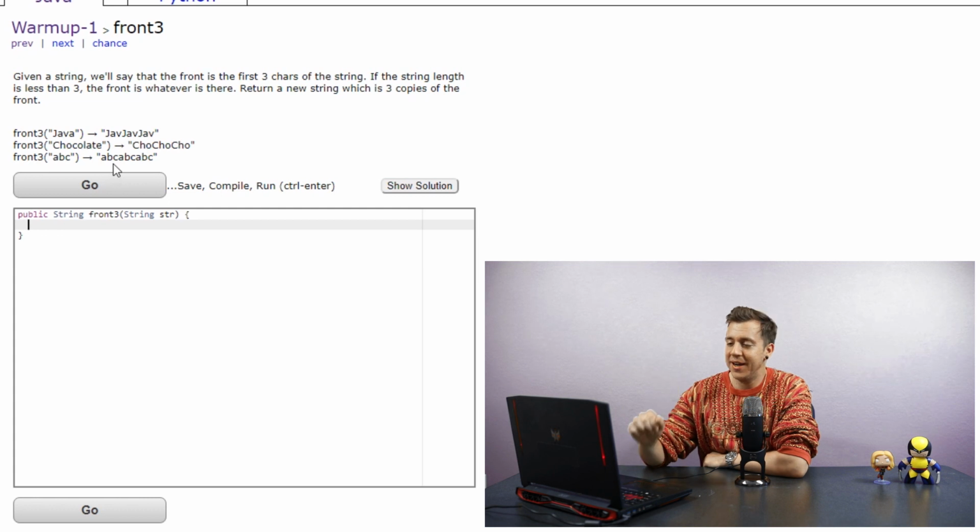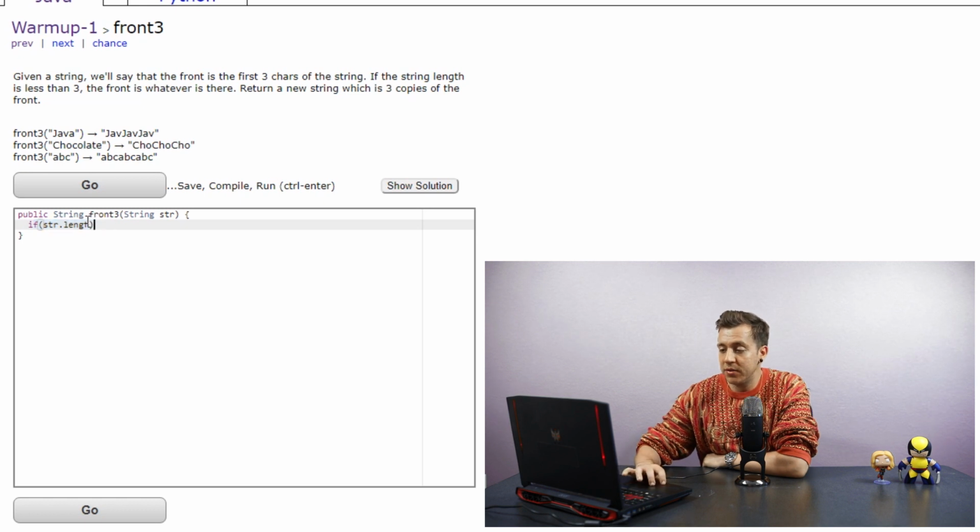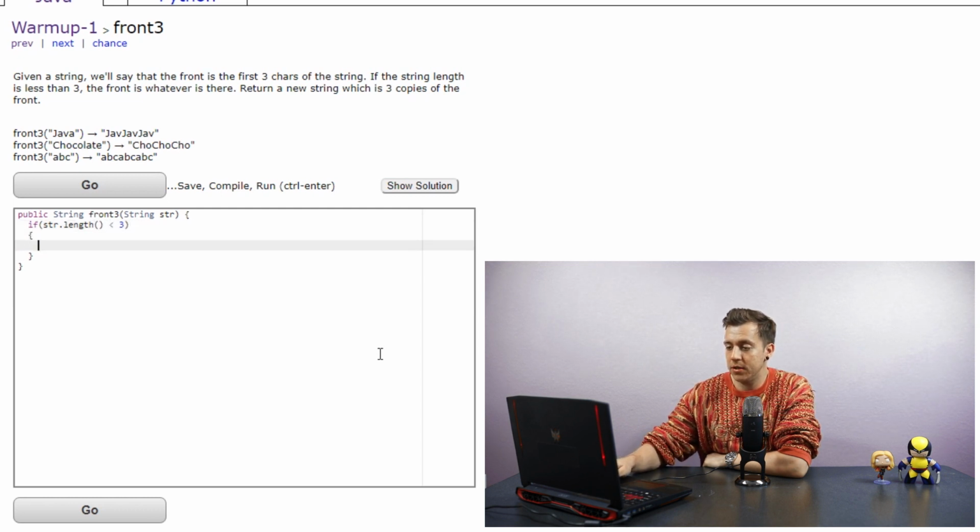Sorry, if it's less than 3 characters long, and then we'll just return 3 of that string. So if string.length, in fact, we're going to be doing a lot of string.lengths here, maybe. Actually, no, we're not. If string.length is less than 3, and that's a function, so we need the brackets, we simply need to return